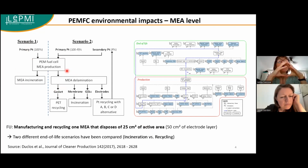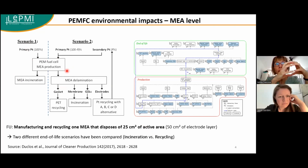We did not include the use of the fuel cell in a car for reasons that I will explain later on. So we have considered the MEA production, and then in the reference scenario, MEA incineration, so no recycling. And then we have our recycling scenario. When we recycle some parts of the MEA, we will incinerate the membrane and the GDLs, so the gas diffusion layers, and we've developed 4 different alternatives for platinum hydrometallurgical recycling. And you have here some data on